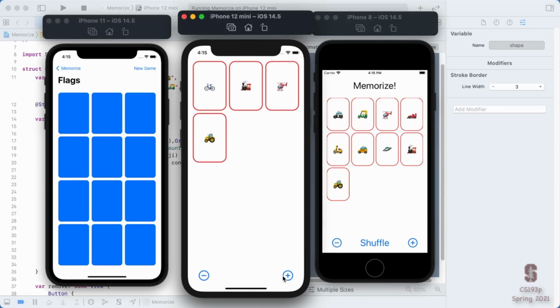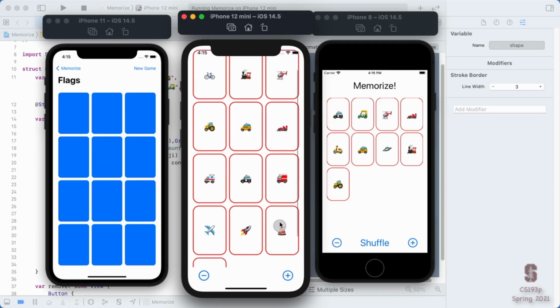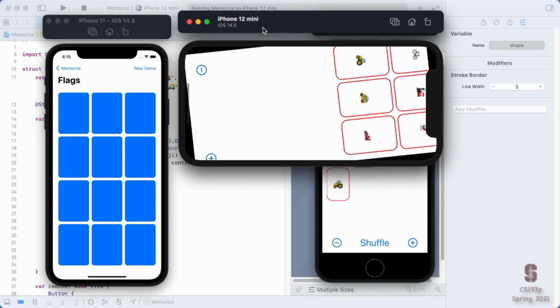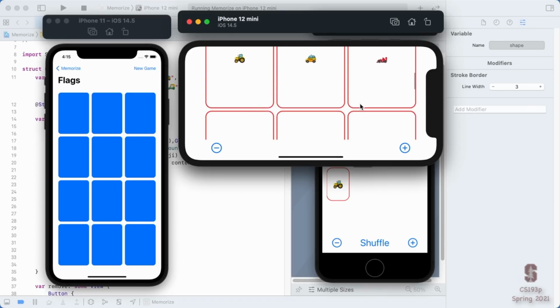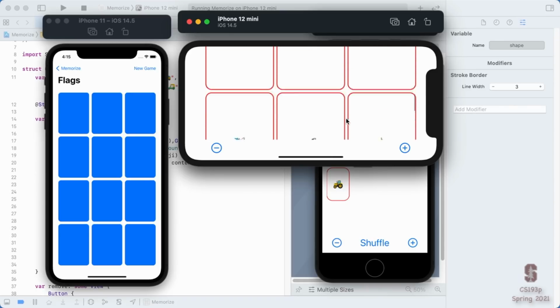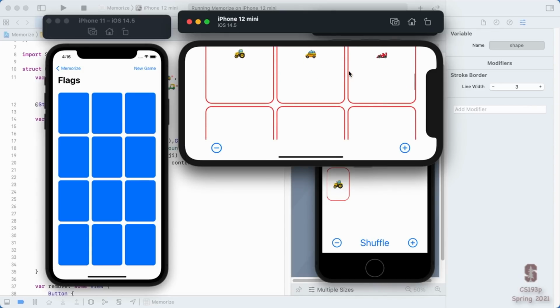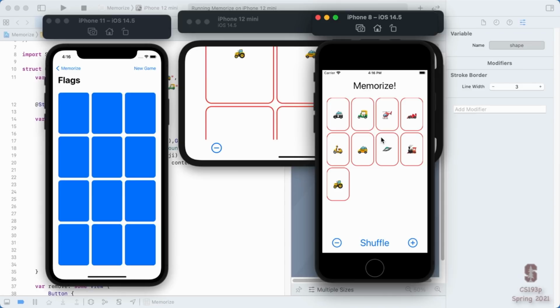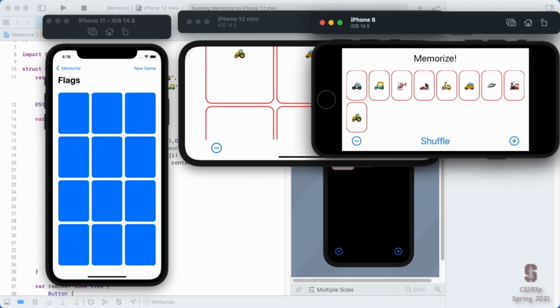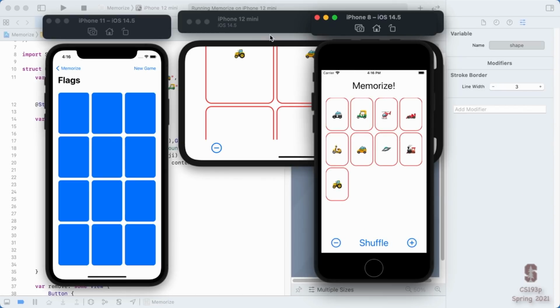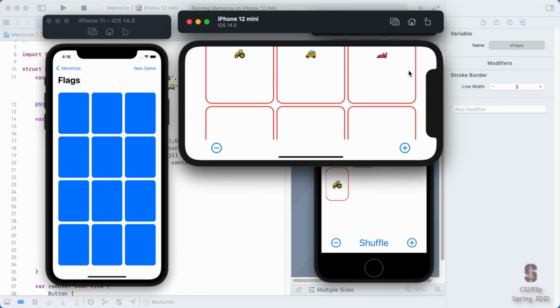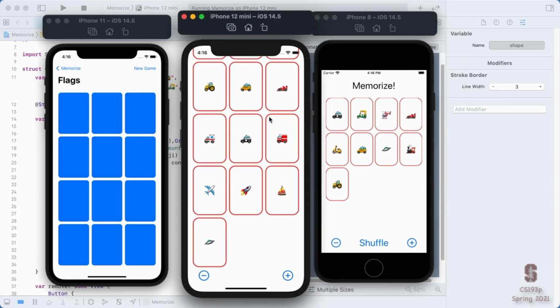And appears to be. Can add more cards. Scroll around. How about landscape mode? Yes, there it is. There's all of our cards. Now it's working here in landscape, but it doesn't look very good. These cards are way too big. And if you look at this simulator over here, when I go to landscape mode, it showed more cards. But it's showing 8 across right there and only 4 in portrait. Whereas here we're showing 3 no matter what we're in, portrait or landscape.